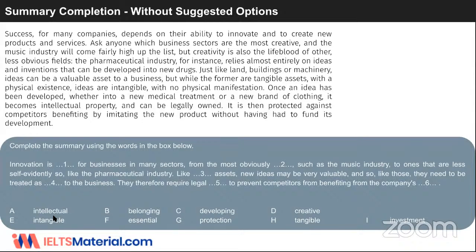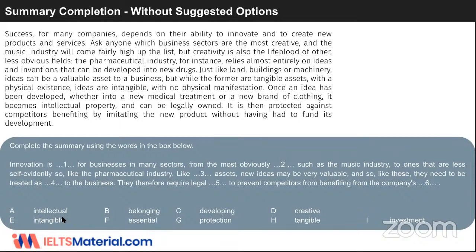When you do not have the letters, then only you will be placing the answers exactly in the place of the blanks. So you have 2 types here. You have 2 methods of answering. One is when you have letters against your answers, you'll be taking only the letters, writing the correct letter. And if you do not have letters, you have the answers in the box, then take the correct answer and place it in the place of the blank.